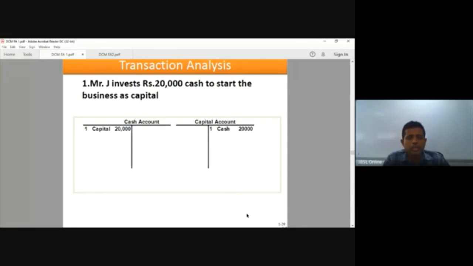Now, if I summarize the whole transaction again, we debit the cash account, we credit the capital account. Why do we debit the cash account? Cash is an asset to the entity. That asset got increased due to this transaction. That's why we debit the cash account. Why do we credit the capital account? Is it because we have used the debit entry and we are only left with the credit entry?